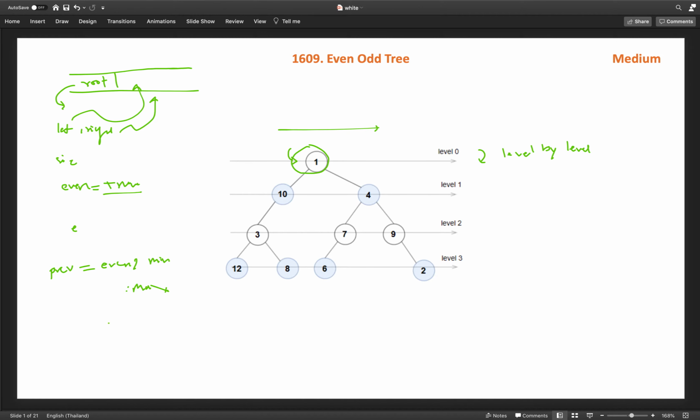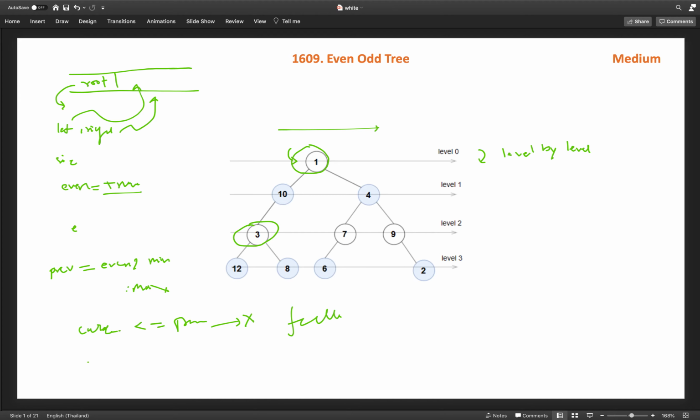With this value we compare the current node we are processing. Let's say I am here on this even level node. I will check if the current value is less than or equal to the previous value, which means it's not satisfying the condition, so we return false straightaway.